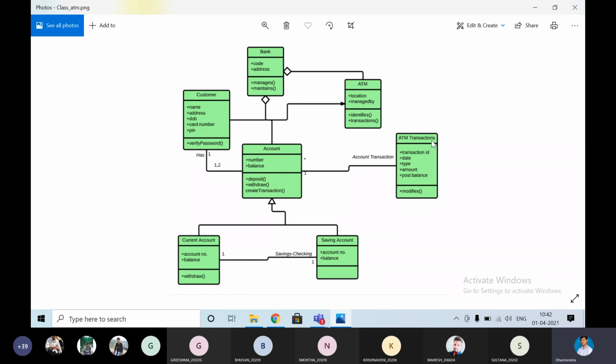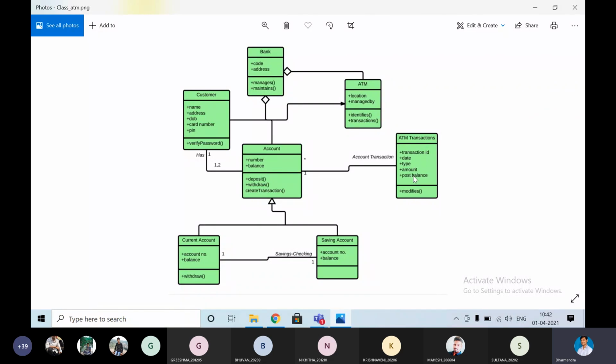Then ATM transactions they kept as another class. Actually, the ATM is there, then transactions they kept as another class. See, overall transactions and operations they have kept as another class. We can keep it like that also, no problem.